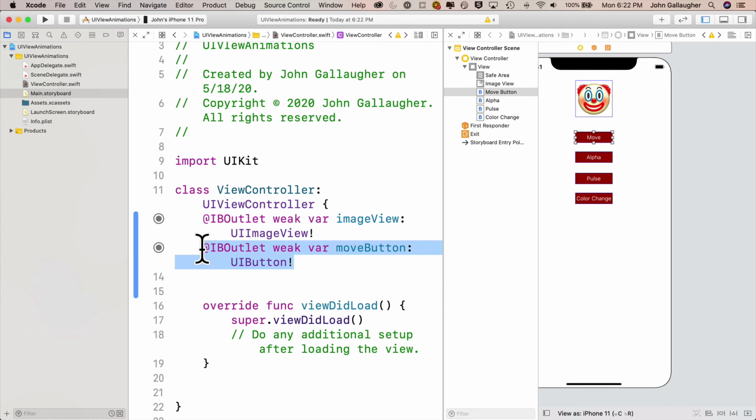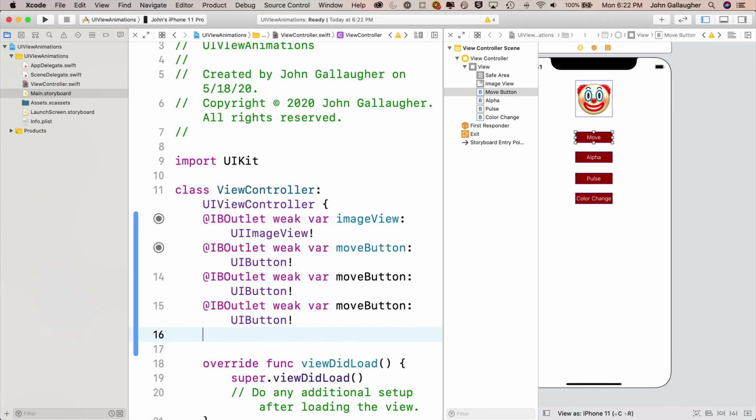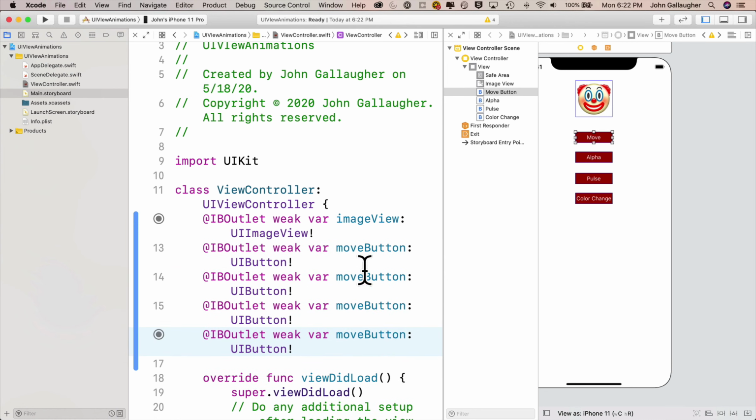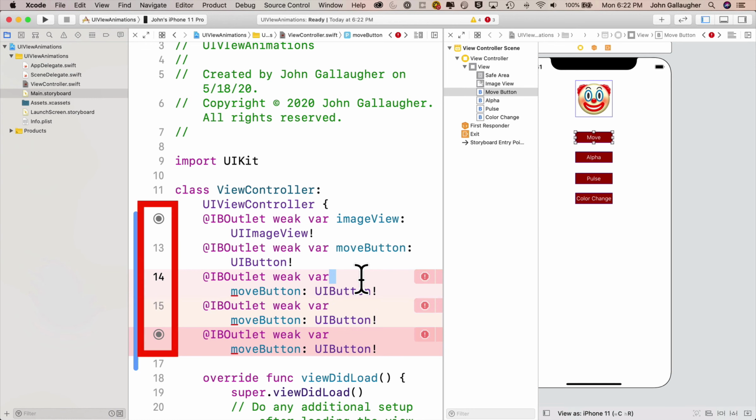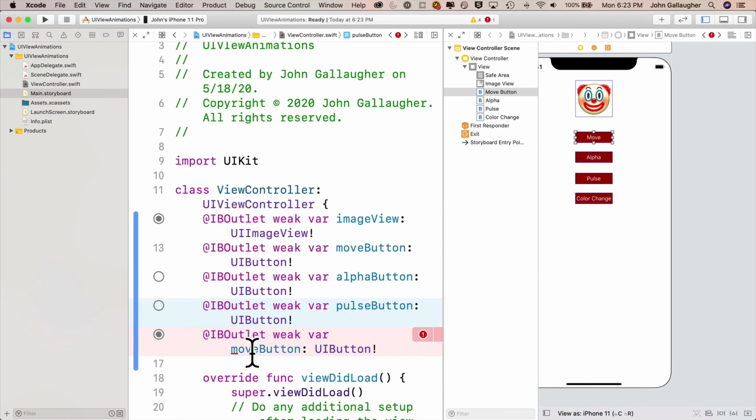I'm going to select this entire line where I've defined Move Button, copy it with a Command C, then Command V 3 times to paste 3 copies down below. Now you'll see briefly that the circles that indicate connections look all messed up on the side, but we'll change that in just a bit. I'm going to go ahead and rename these copies that I just made Alpha Button, Pulse Button, and Color Change Button. After you do that, you see empty circles on the side indicating that there's no connection,